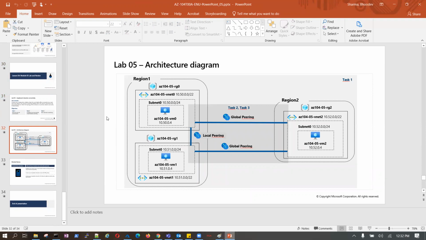If you go from the beginning, you will find a similar thing. This is region 1 and this is region 2. Peering within the same region is a local peering, and peering with another region is a global peering. The same is depicted in this picture as well.